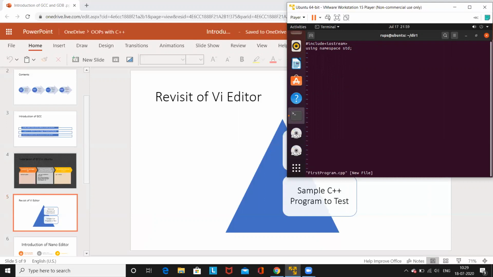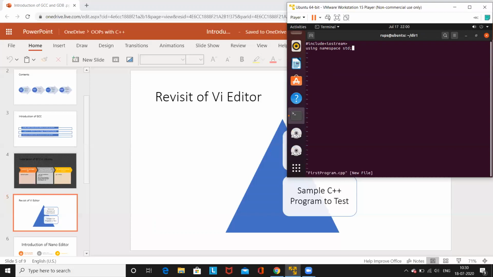A namespace means it's a collection for all the functions, libraries, everything. One namespace is already there in C++, and we are using the namespace of std. If you include the std namespace in your program, all the predefined functions and libraries become available.